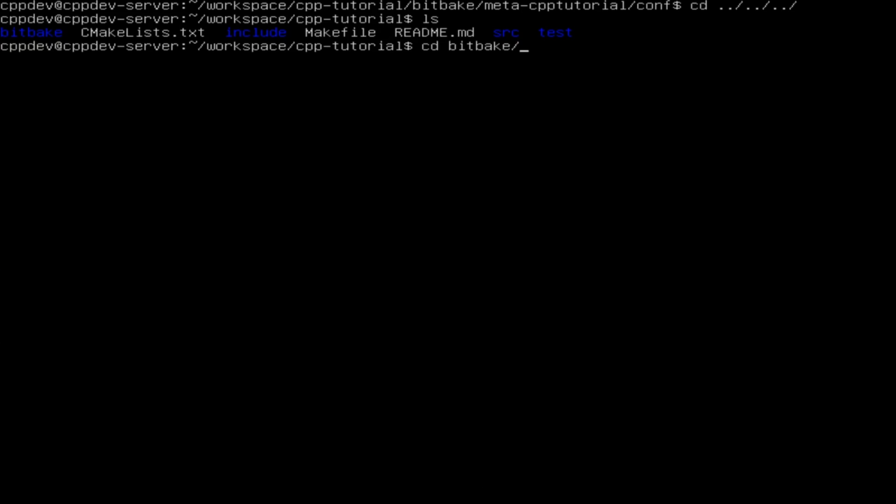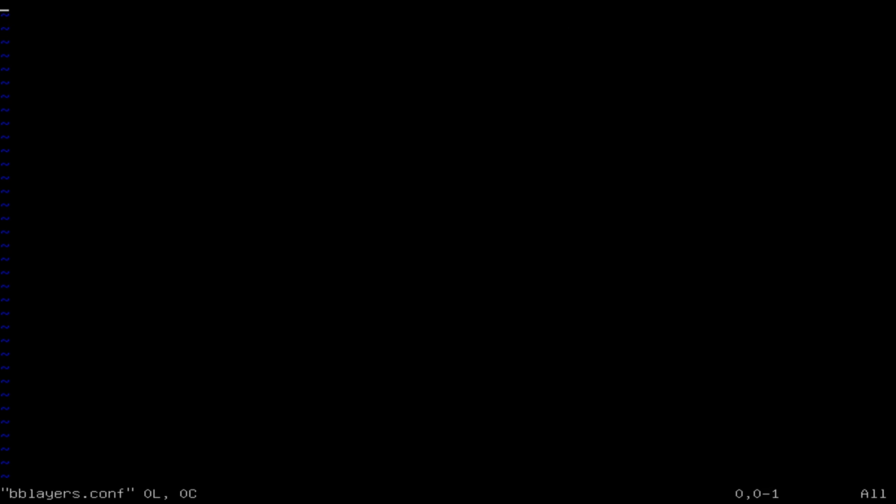Then in the build directory I want to edit the bblayers.conf with the BBPATH that will be TOPDIR, which is actually set by Bitbake to the work directory.